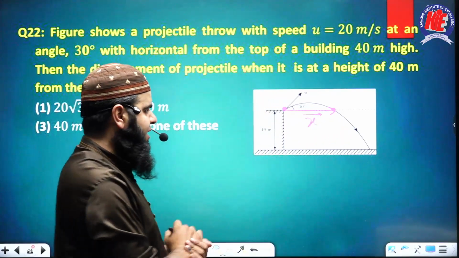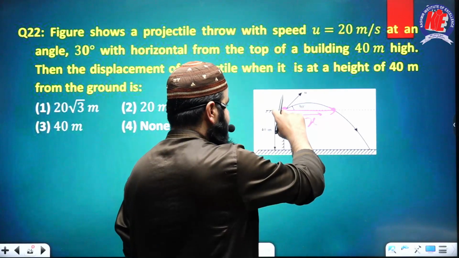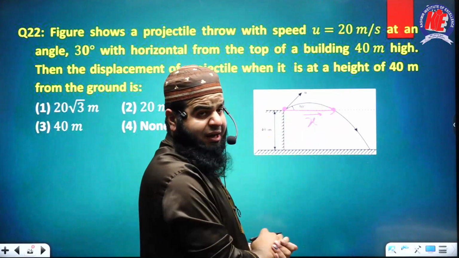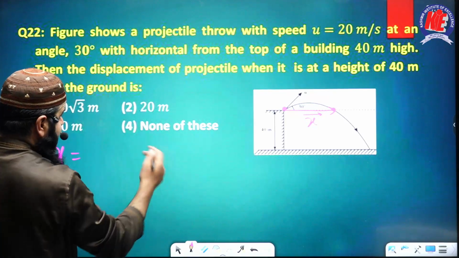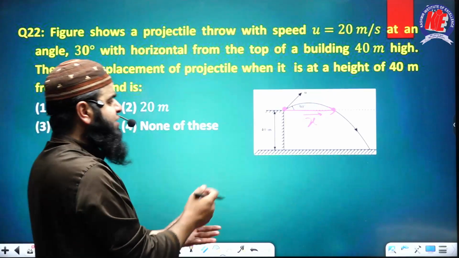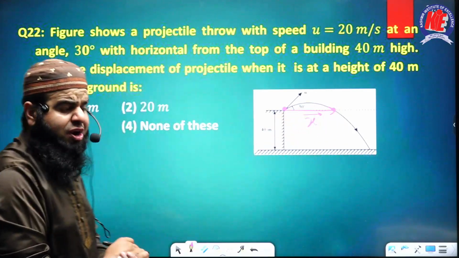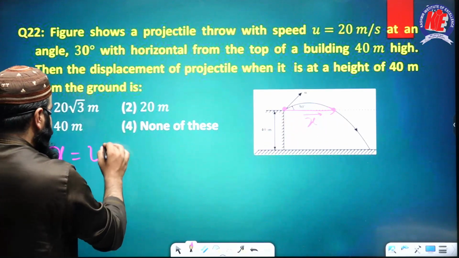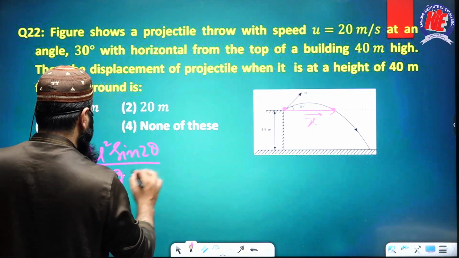अब आप देख सकते हैं जस्ट इस वाले पार्ट को भूल जाइए. It will be just like the case of ground to ground projectile, और ये उसमें range होगा. So x will be given by your range in case of ground to ground, even if it is not the case of ground to ground, but बिल्कुल for this part of the journey it can be just treated like ground to ground. That will be u square sine 2 theta upon g is equal to,